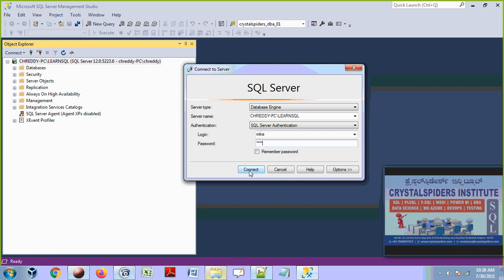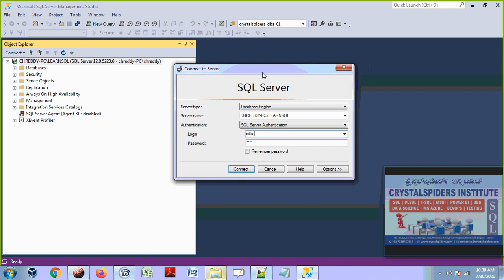And say connect. This time SQL Server will not check whether this user exists at the Windows level or not. It will not check because we are saying that this user will be authenticated only by SQL Server. It is not going to be authenticated at the Windows level. That means this user does not need to exist at the domain level or in the Windows control panel.